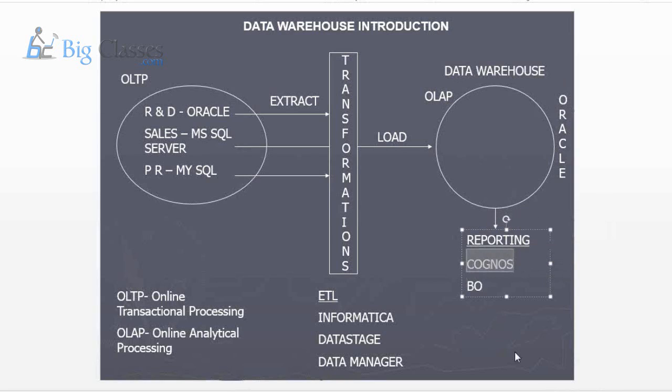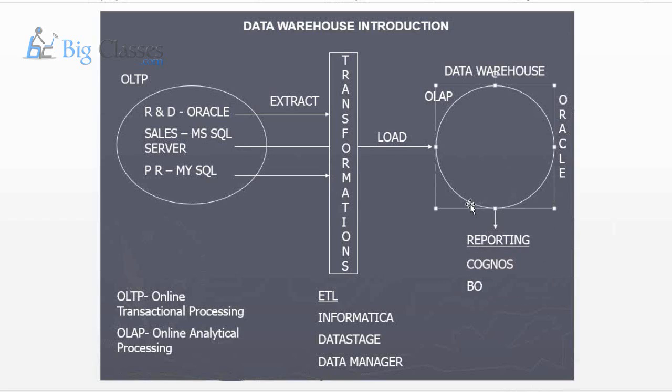Usually, if I say Cognos, people say this is a data warehousing tool. Cognos is not only a data warehouse tool. Basically, this is a reporting tool. To create reports, we need to have some data. You can get data from an OLAP system, I mean a data warehouse, or from transactional systems, or from flat files, Excel sheets, anywhere it may be. By using Cognos, we can access that and prepare reports on whatever data is there in the back end.